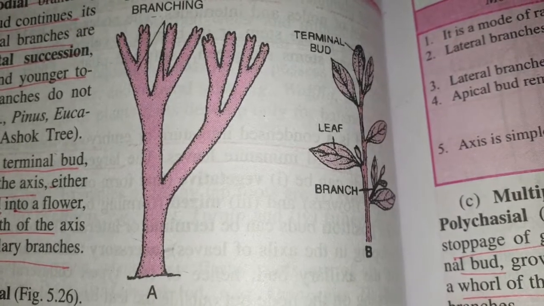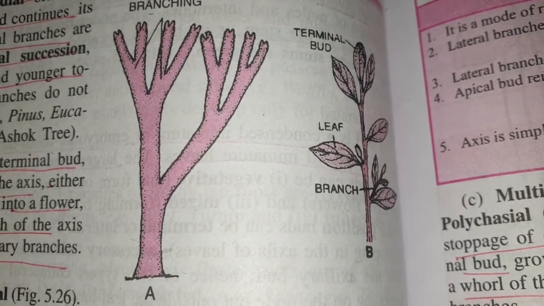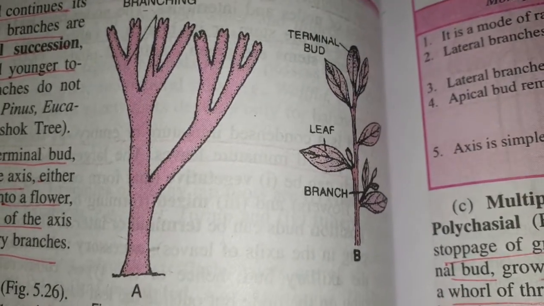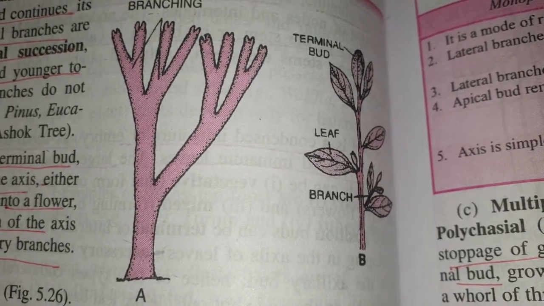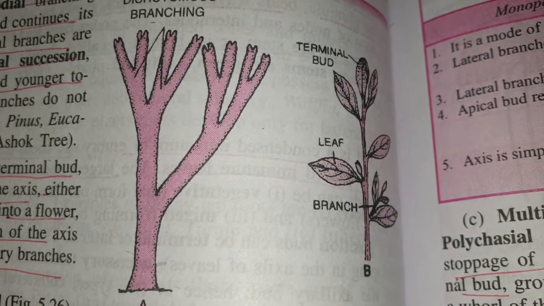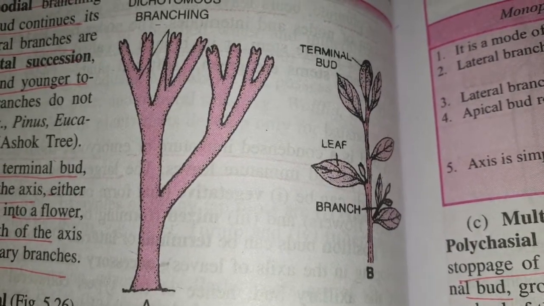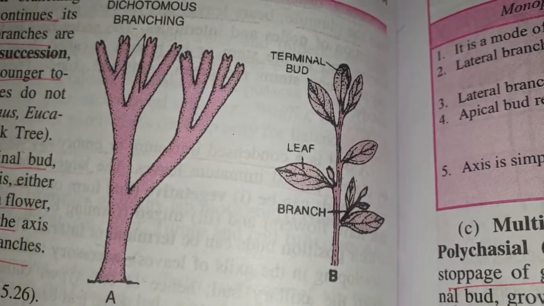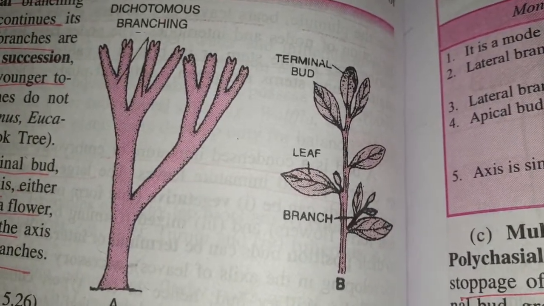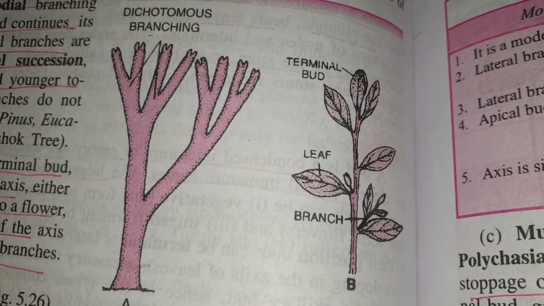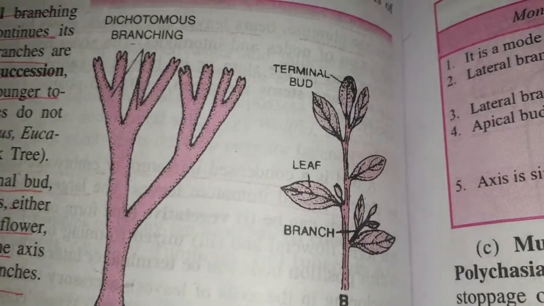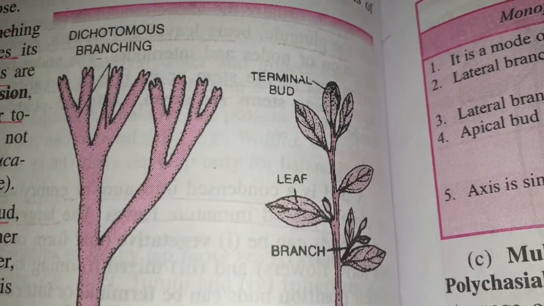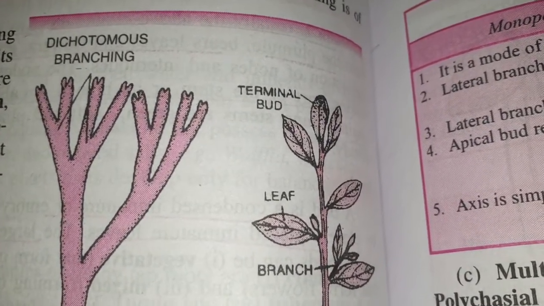This is normally observed in case of algae, bryophytes, but basically in angiosperms, these types of branches are not found. The next one is the lateral branch. Lateral branch is observed in case of angiospermic plants. Okay, it is again of two types, racemose or monopodial branches, which develop in acropetal succession. That means the basal portions will have the older branches, above them younger branches are present.